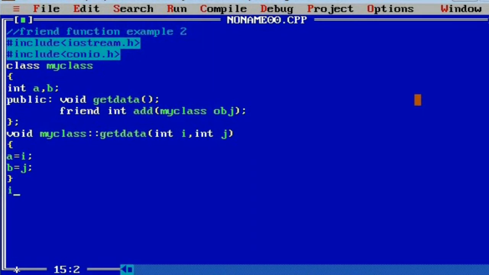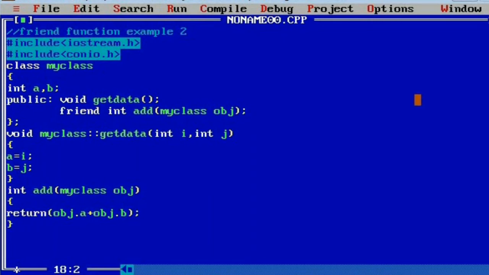and then we are going to define a friend function without the keyword friend. Now you can see here I'm going to write the return type int and add, and inside the round brace I'm going to write MyClass and obj is the object. Next curly open brace, and here we are going to return because it is returning integer type of data to the function. Now we'll write here obj.a plus obj.b because we are performing addition of these two numbers.